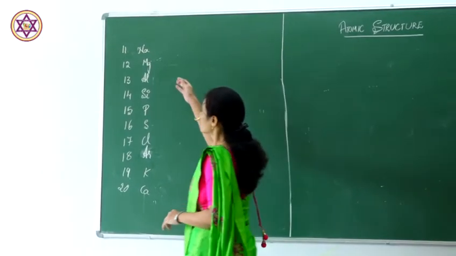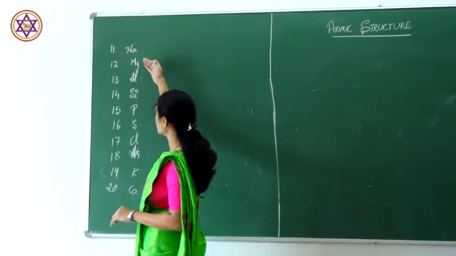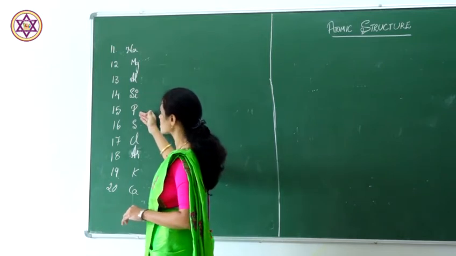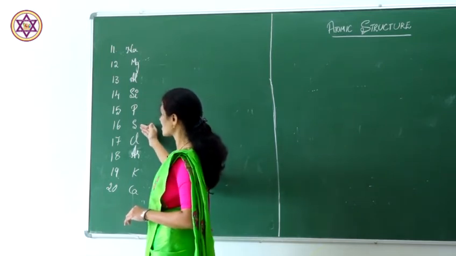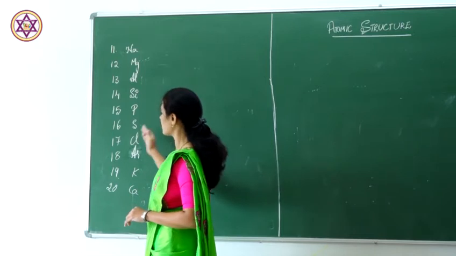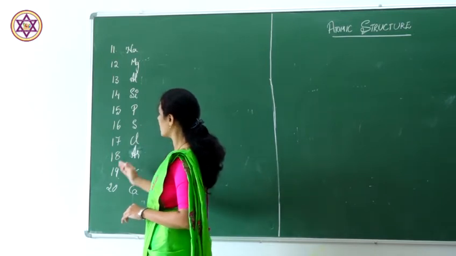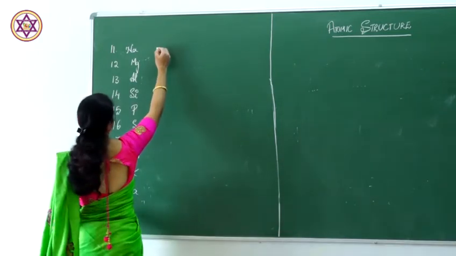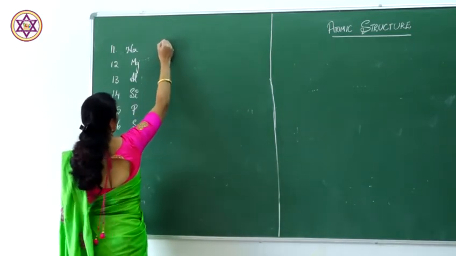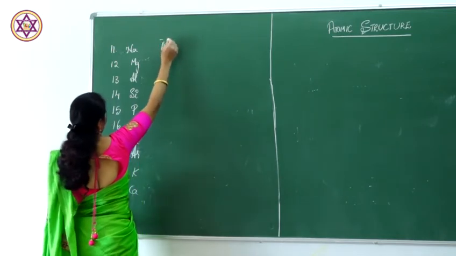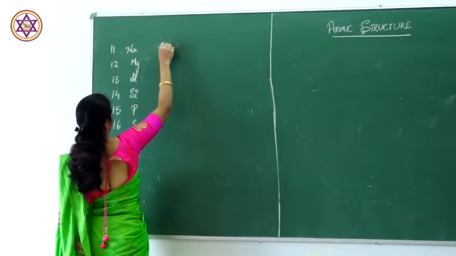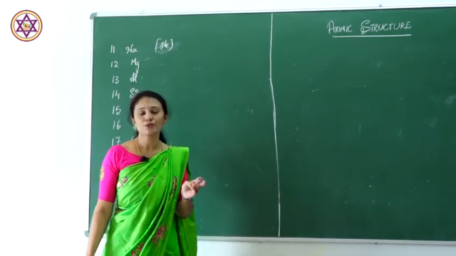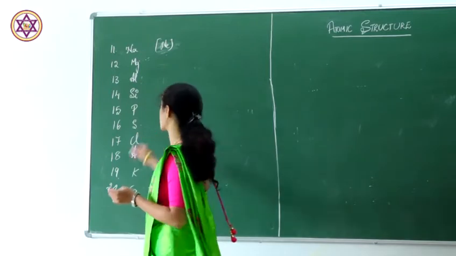Coming to atomic number 11, that is sodium, 12 is magnesium, 13 is aluminum, 14 is silicon, 15 is phosphorus, then 16 is sulfur, 17 is chlorine, 18 is argon, 19 is potassium, 20 is calcium. How to fill the electronic configuration here? You all know that after neon, that is 1s2, 2s2, 2p6, it comes